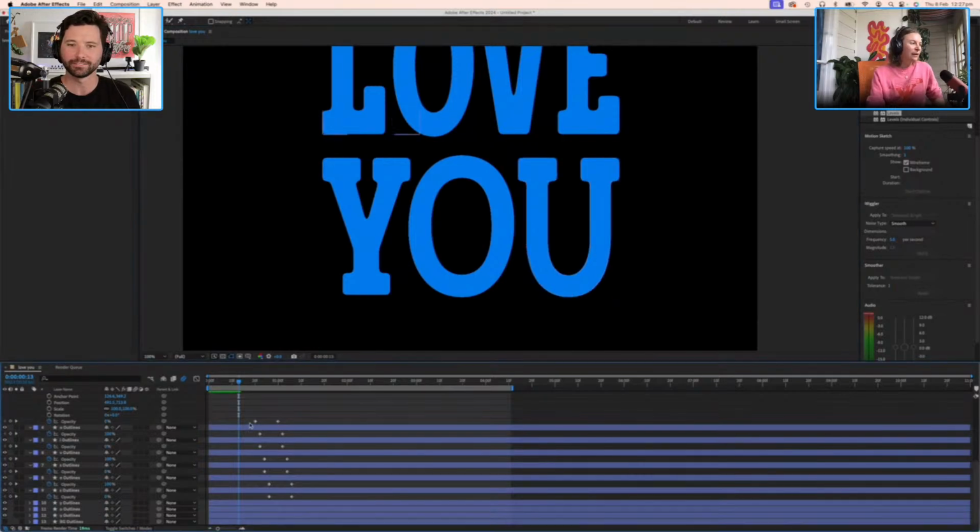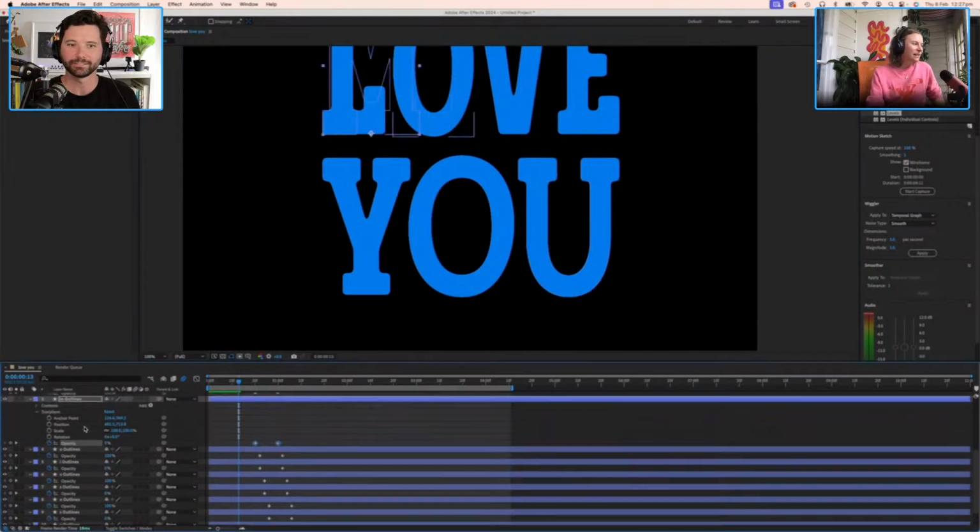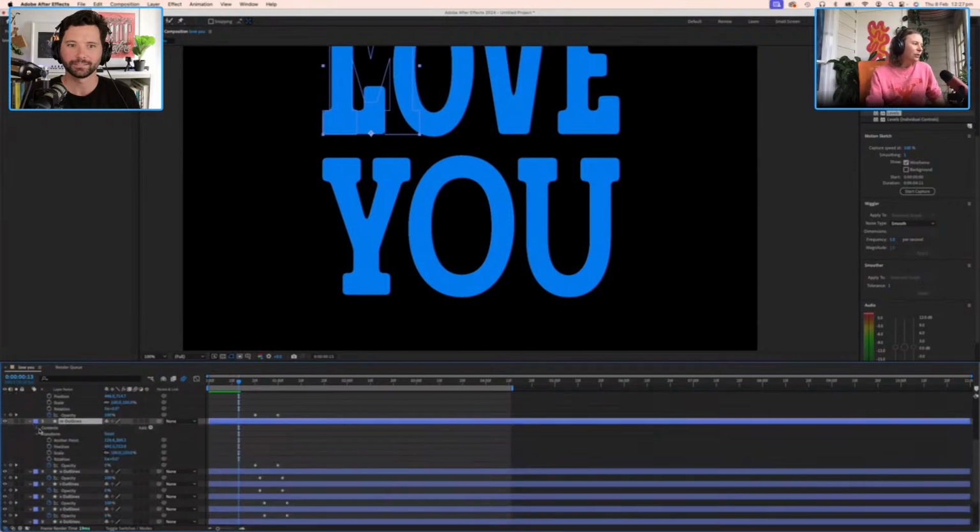So for example, we have applied keyframes to the opacity property within this M layer. And if I close that back up, when you open it, you kind of have to twirl down into the transform property to get to the opacity property within it. And it's a lot of clicking into different layers until you can find where you've actually put the keyframes.